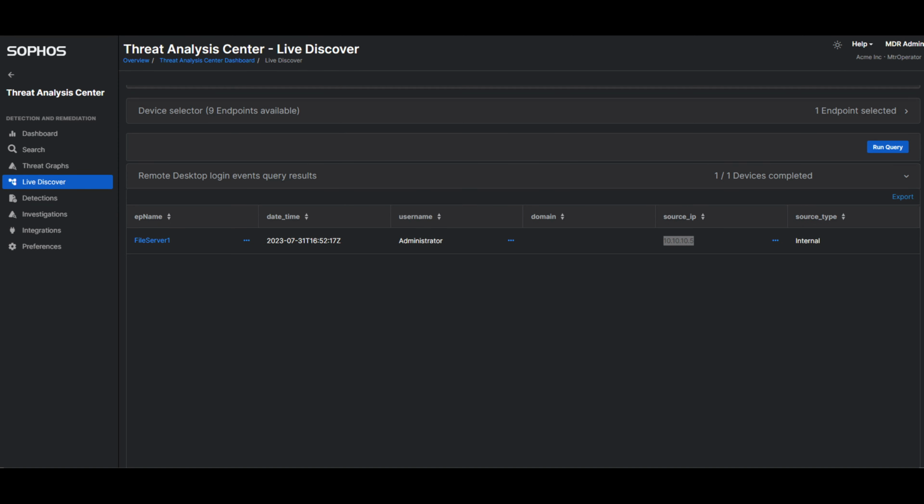To recap, we were able to use Sophos Central to pull data from the data lake as well as the EDR that was installed on file server 1 to investigate a data exfiltration incident. Most notably, we were able to determine the tool that was used for the exfiltration as well as the files that were touched by that process and the volume of data that was taken.